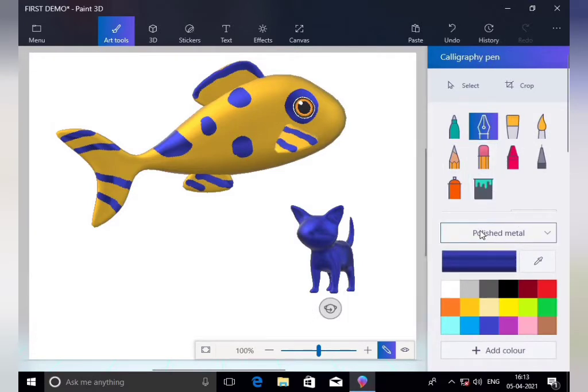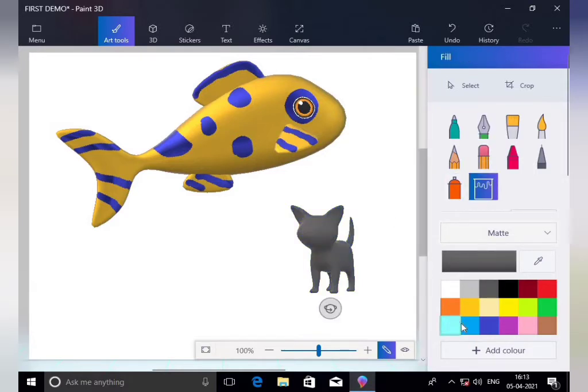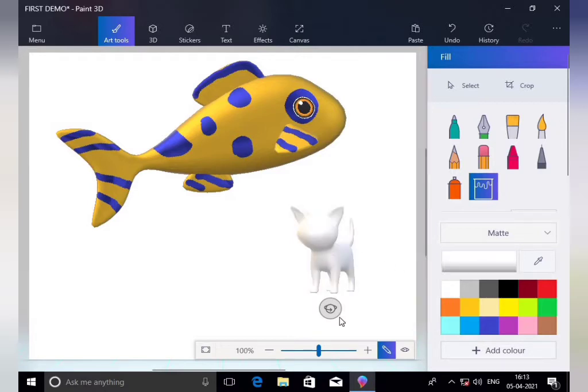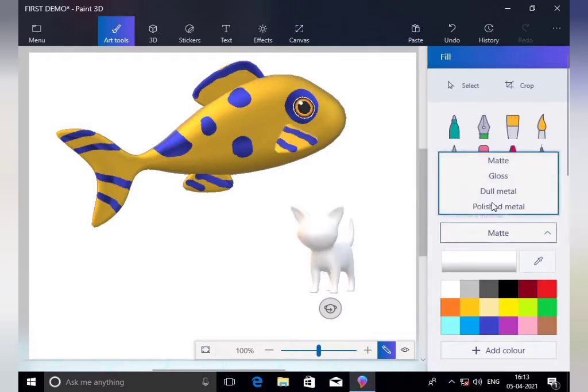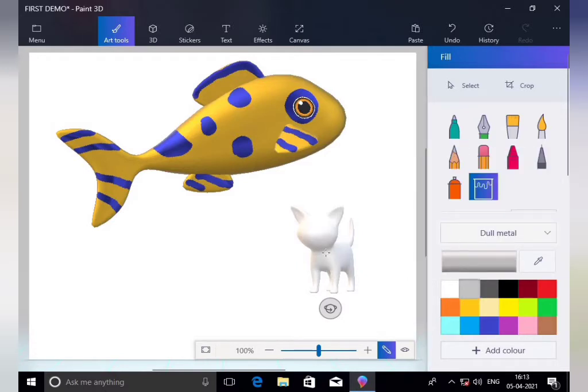Now I have to change this cat color to matte gray color, right? This is for drawing color. For example, I have to choose the white cat. So I will choose a white dull matte color. Okay, it is dull matte color, right? Dull matte color on this cat.